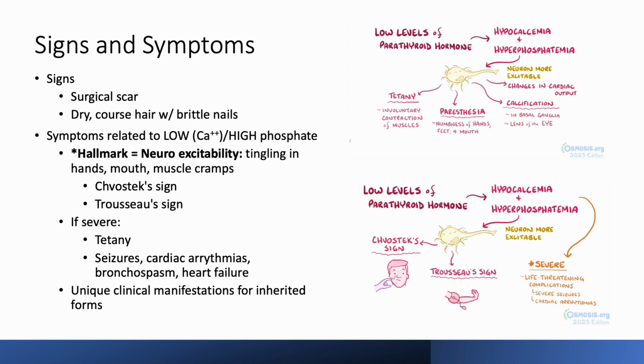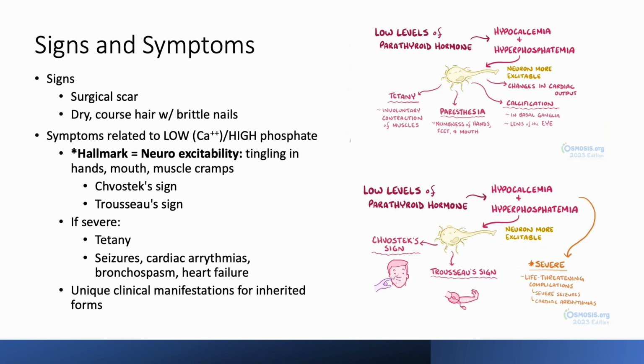And usually you want to tap just about 1 centimeter below the zygomatic process. It can also cause a Trousseau sign, and that is where you are taking their blood pressure. The blood pressure cuff is enough to annoy the brachial artery, and that's enough pressure on the nerve to make it fire. So then all of a sudden you start seeing the wrist and metacarpal and phalangeal joints flex. It's pretty cool. So in severe hypocalcemia, this can be life-threatening, but they can actually have complications like seizures and